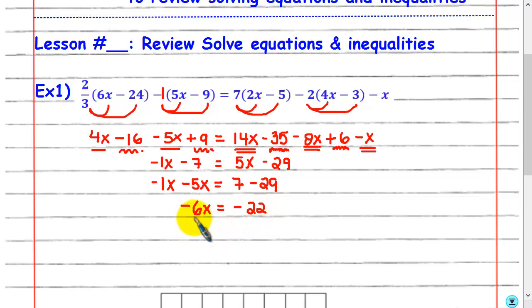Okay, and now that we have this, now we're going to try to get the x alone. How do I get the x alone? We divide both sides by whatever is next to the x. In this case it is negative 6. So we're going to divide both sides by negative 6. And this would be x equals, and for this lesson we're going to use the calculator. So 22 divided by 6, if you punch it in the calculator, this will be